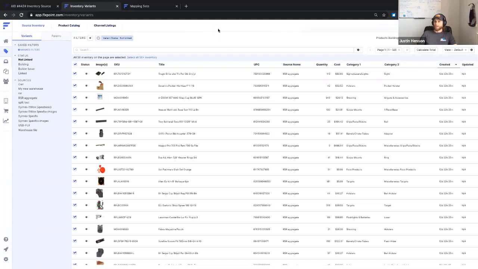And something really cool that actually just got released about an hour ago by our development team, a lot of folks have been asking for this: we can see a progress bar now on most of the jobs that we're running within Flxpoint. So now whenever you go to create products or create channel listings, it'll tell you that the job's starting soon. And then once it starts running, it'll give you a percentage to completion there, so that we can keep an eye on things and have some insight into how far the products have completed